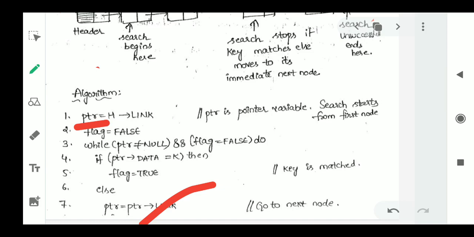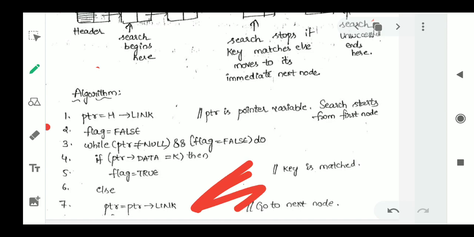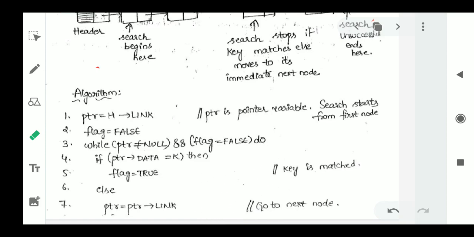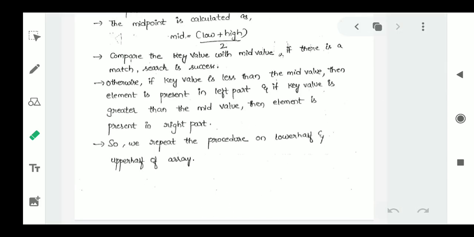Now we will search the data element in that pointer. Pointer is nothing but an address, right? Pointer stores the address of another data element. So like that we will go to each and every node and we'll verify. Every time we visit a pointer, we will observe the data value in that pointer. If it matches our key element, then we will write key is matched. Otherwise, we will increment our pointer and go to the next node. Pointer of link equal to pointer means we will go to the next node and see whether our key element has been matched or not. This is an algorithm for our linked list.